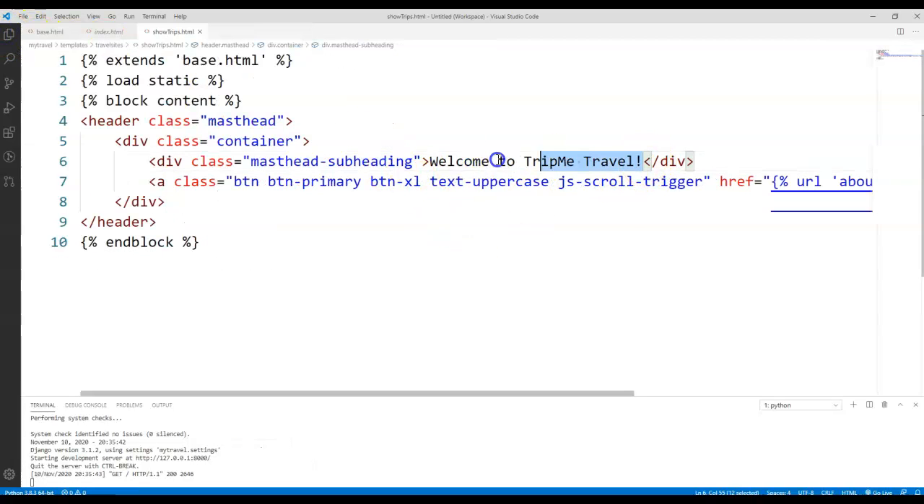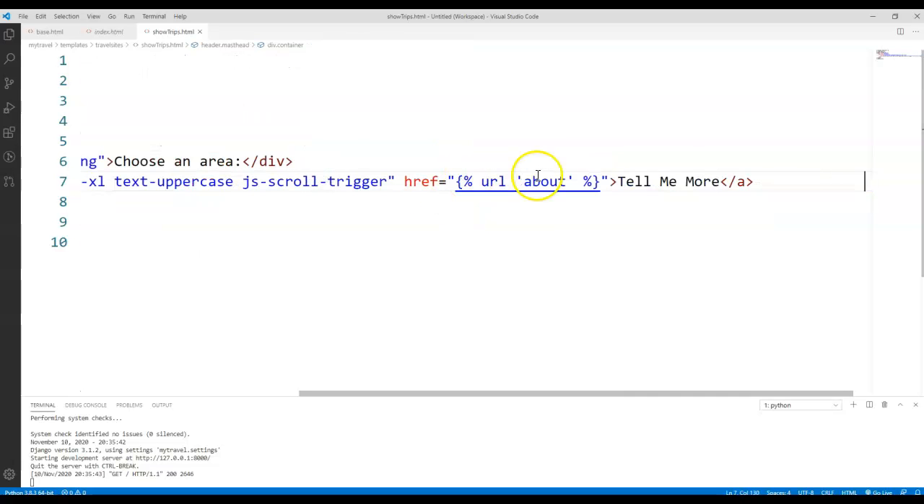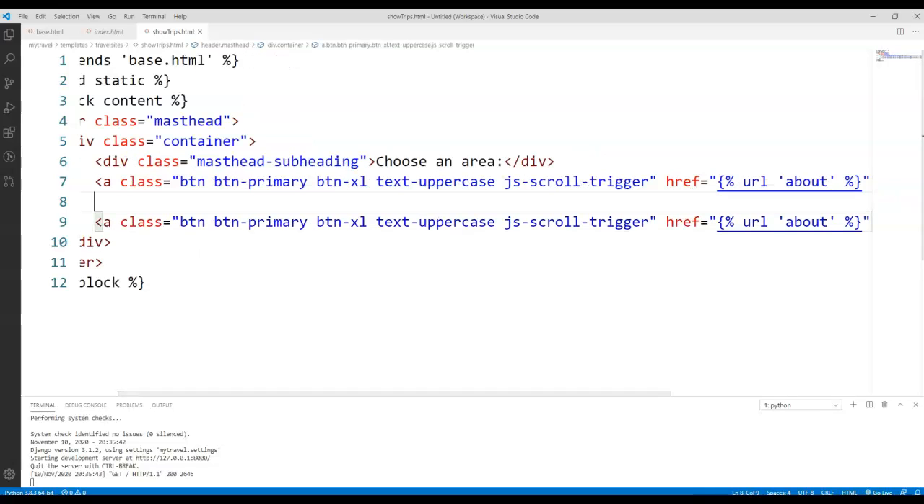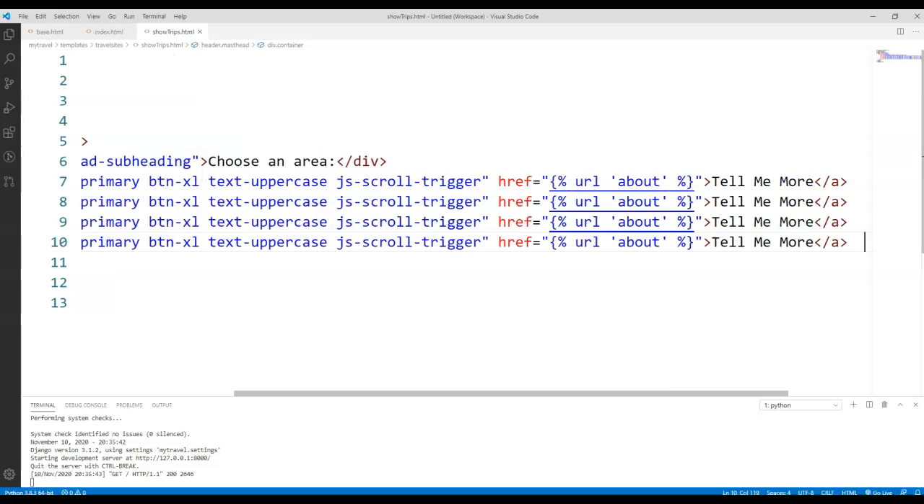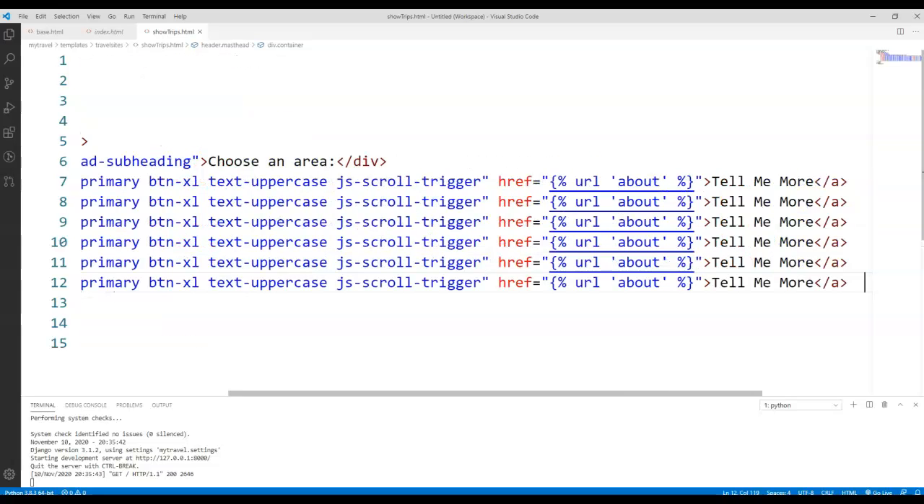and I'm going to name this one, choose an area. And then right here for this button, I'm going to copy this and paste it so that we have one for every area that we're going to visit, and that's 6 of them. So 5, 6. Then I'm going to come back over here and change the text. This will be Asia,